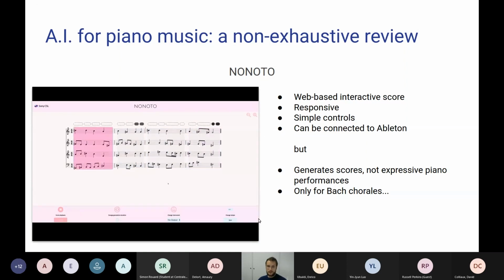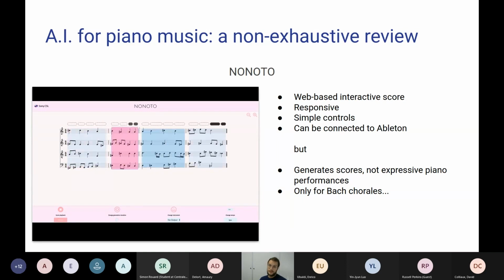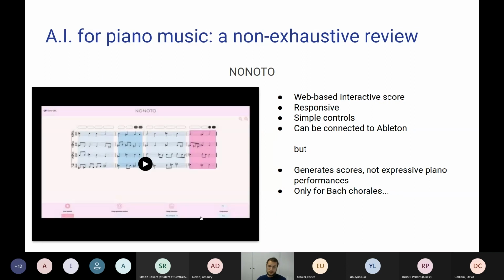And so each time I click, you have new proposals. And so now we can ask to regenerate the ending. And so it's working smoothly. What's nice here is the music is not interrupted, but it's not really expressive piano. Here it's more score based,